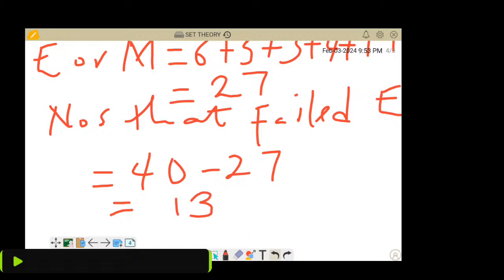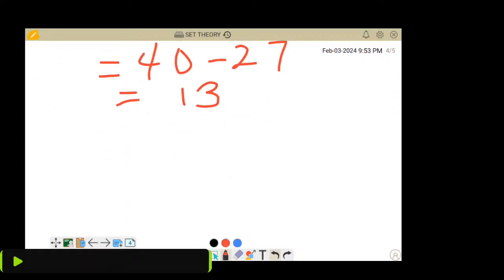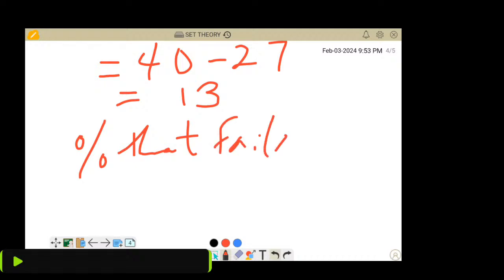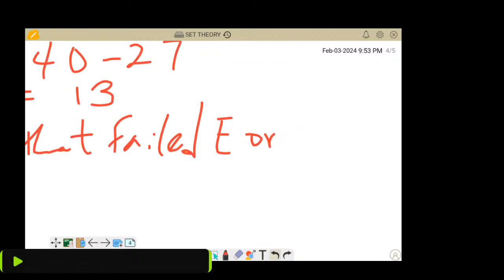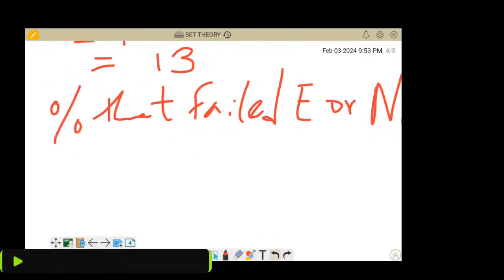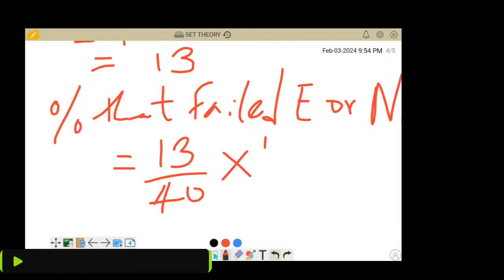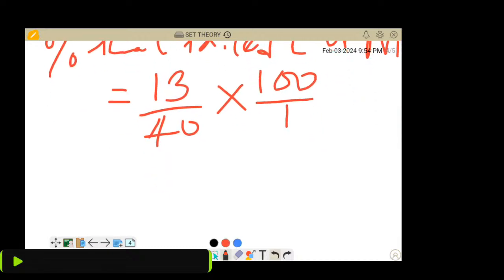So the percentage, taking this to percentage, it means the percentage that failed economics or mathematics will now be equal to 13 over 40 multiplied by 100 over 1, and that mathematically will give us